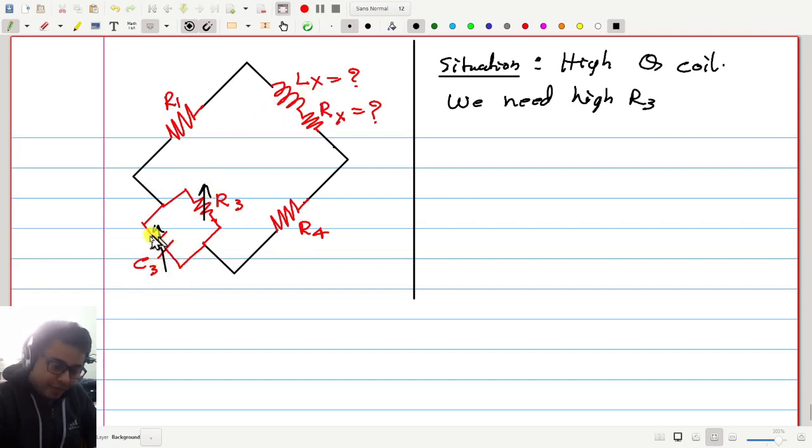But then you have to make the product of these two, the magnitude of 3 and magnitude of 2, equal to R1 and R4. Then you also have to lower either R1 or R4. Yes, that is possible. Sir, instead of that R3, we could use several medium resistances in series. Also that is possible. So I'm saying the solution is not always unique.